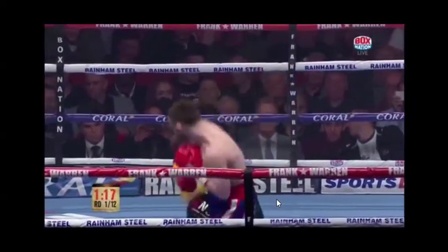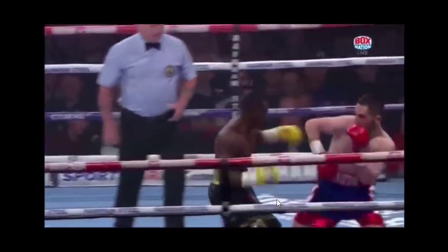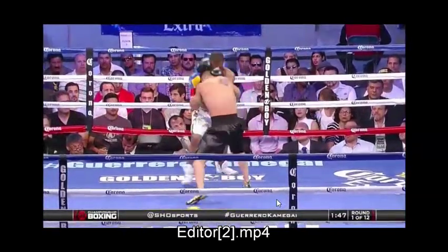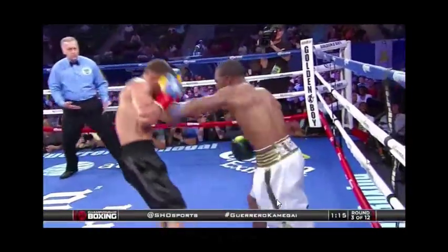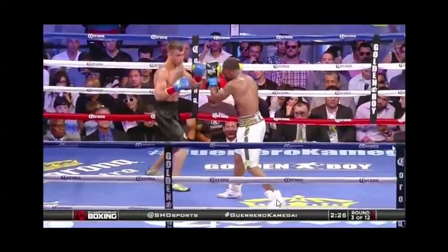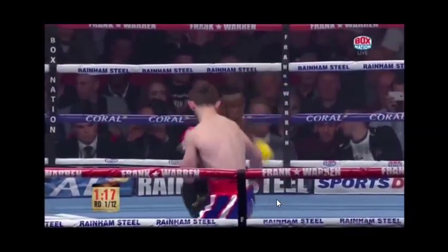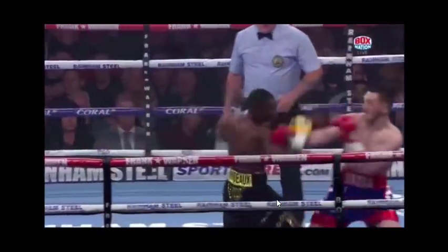If your opponent doesn't have any fear of occupying that space in which you're in range to punch him, he's going to be more able to land his punches, right? It's not about making sure there's distance so he's not close enough to land punches, but stopping your opponent from being able to use that space for fear of getting punched if he tries to occupy it, to stop him from setting his punches up. And if you're able to control that distance, you're able to more easily stop them from setting their punches up,